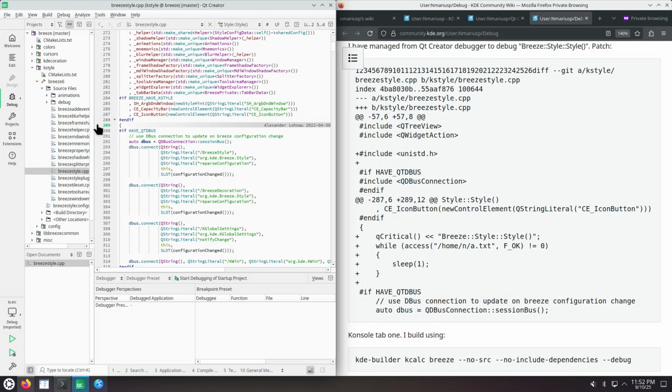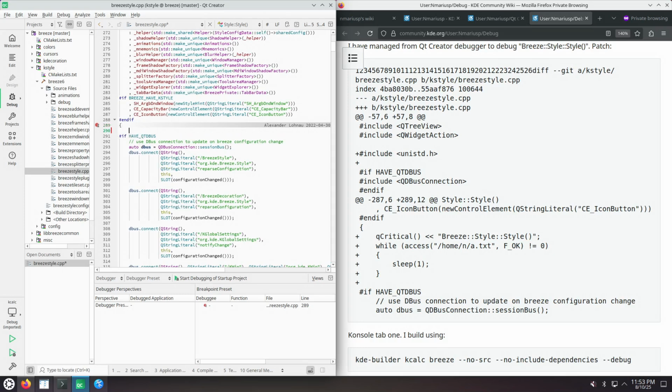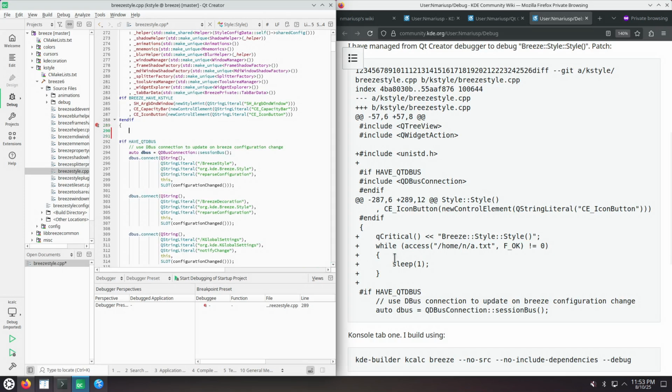So we want the equivalent of clicking here and then starting the debugger. But that doesn't work because QtCreator doesn't really run CMake install, doesn't really know about ~/kd/usr. So we'll do our workaround in here. So in other programming languages, there's dedicated instructions for triggering the debugger. There's __asm int 3. What was it in Windows Win32? There's